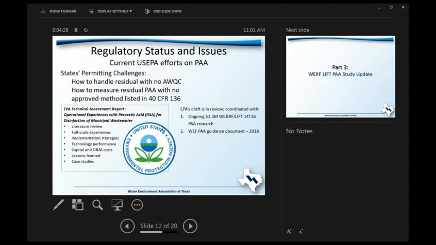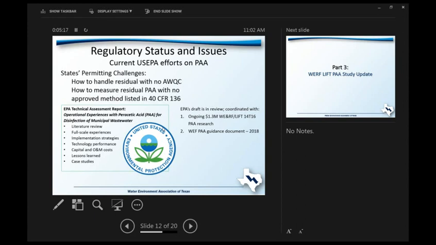the EPA also is engaged in working with states by providing technical assistance to individual regions, through the regions, but also through a headquarters-based Office of Science and Technology technical assessment report that is coming out shortly, within the next 6 months or so. It includes a literature review of PAA and full-scale experiences, implementation strategies, and the performance of the technology as a whole, some basic information on capital and O&M costs, and lessons learned from various case studies. That draft is in review right now and has been coordinated with the ongoing Water Environment and Reuse Foundation LIFT project that many of you are involved in, I believe, and I'll give a little more detail on that